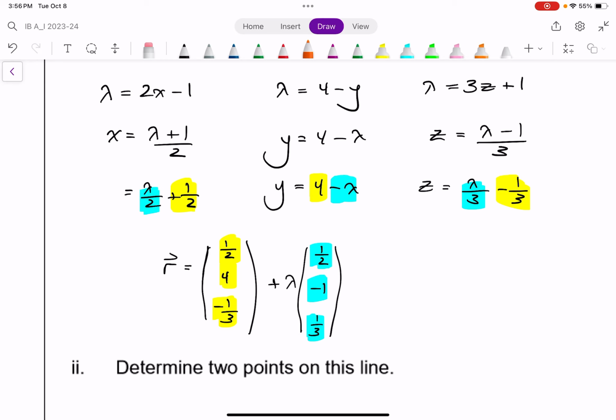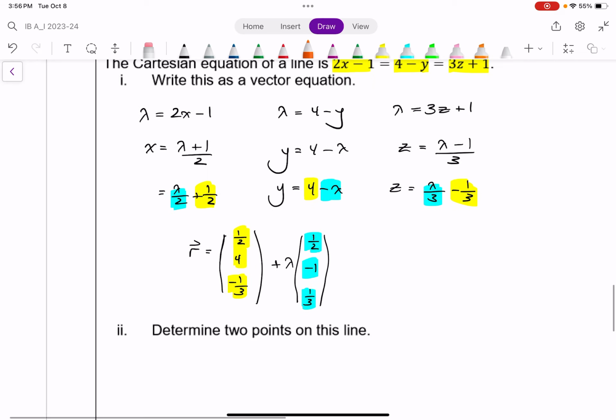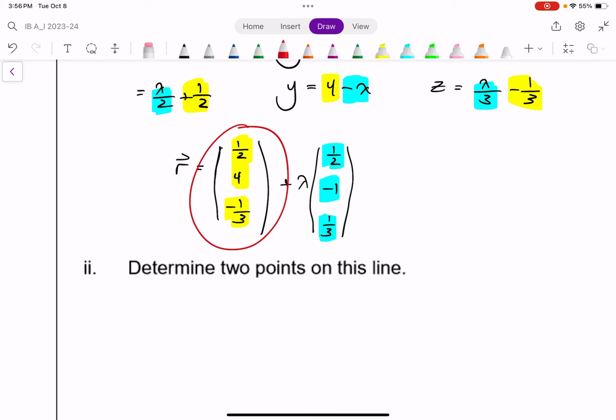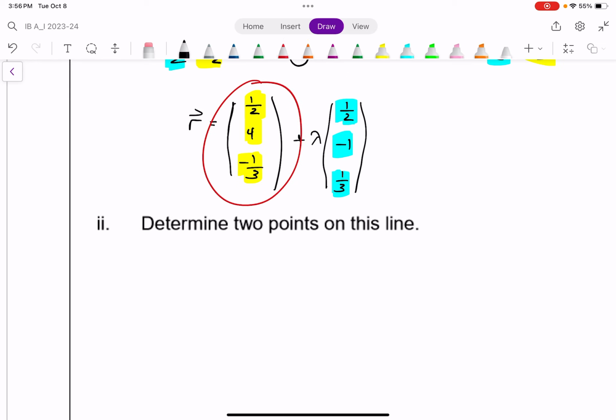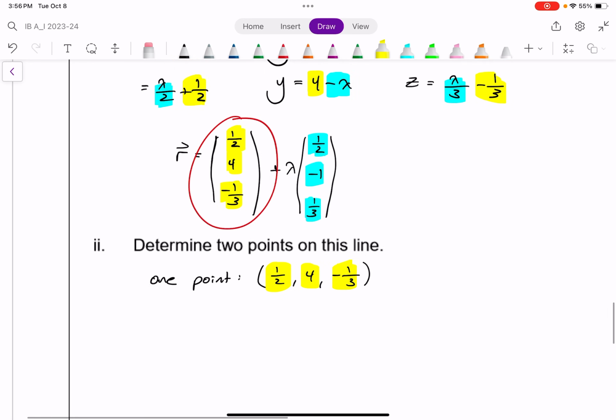All right, so lastly, let's determine 2 points on this line. Okay, well, one of which I can see there's a point. All right, that's my position vector. That relates to a point. So that's half my work done. So 1 point is x at 1/2, y at 4, z at -1/3. All right, that was nice. How can I find another point? Well, if I look at my equation here,